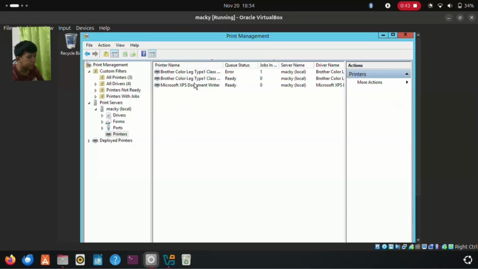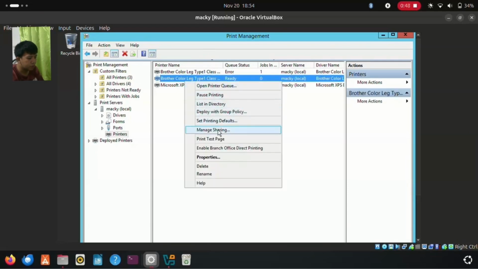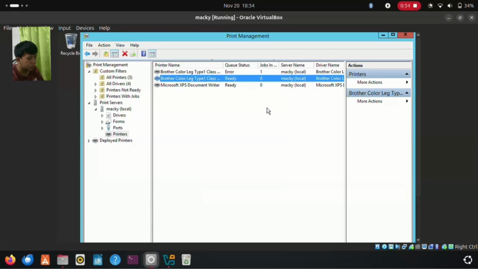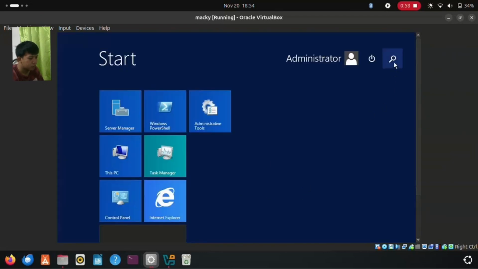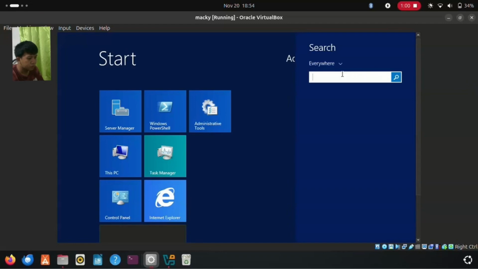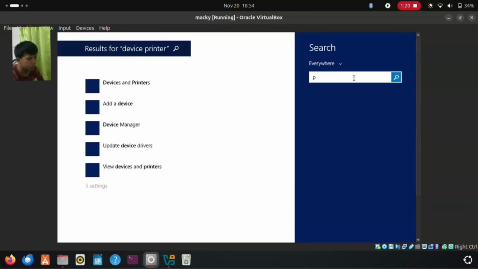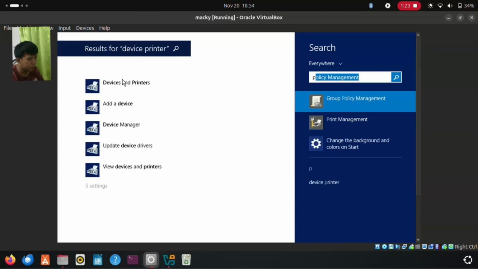Ililist naman natin siya sa directory. Right click lang, then select list in directory. Kung gusto ng user na install siya, search na lang devices and printers. Then select natin to.